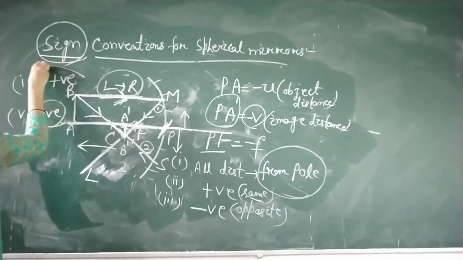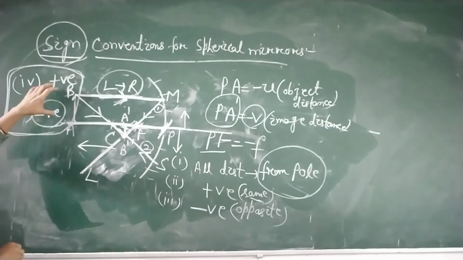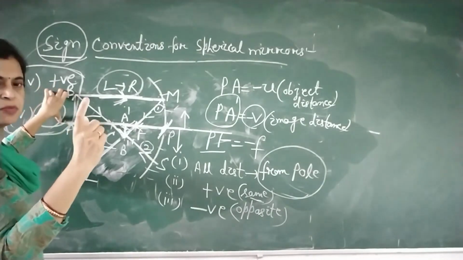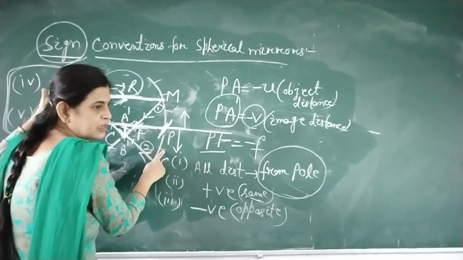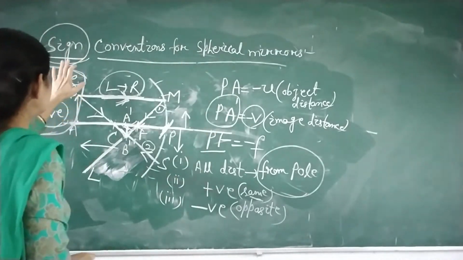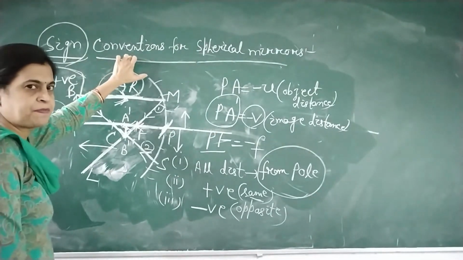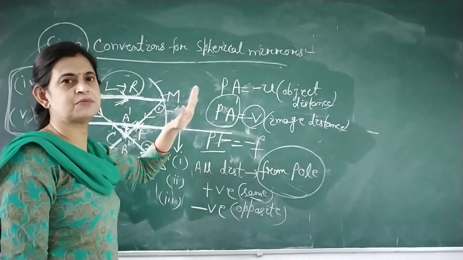That means the fourth and fifth points tell us whether the height of the object will be positive or negative. So this is all about the sign conventions, which are the same for both the spherical mirrors, means for both concave